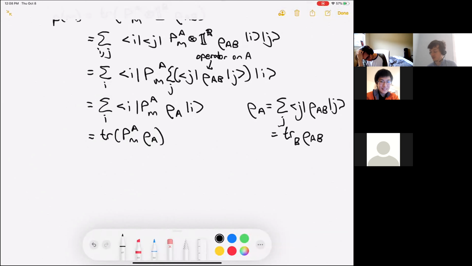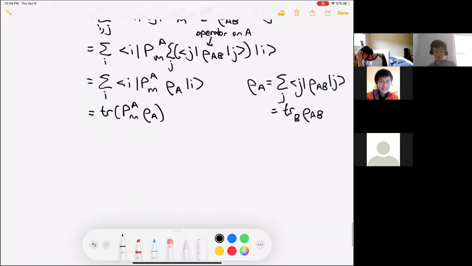This is just the usual formalism for doing measurements of the state of system A if the density matrix of A is rho A. So if we're only doing measurements on A, everything is encoded in this simple density matrix rho A, that doesn't care at all about this giant system B that it was maybe entangled with. So rho A is called the reduced density matrix.